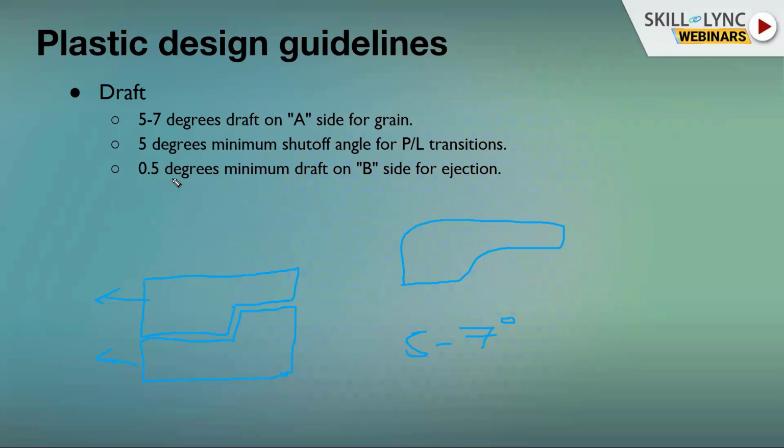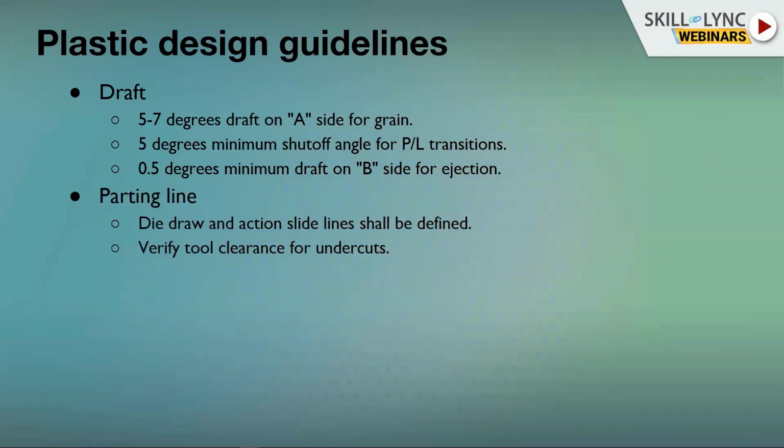And then 0.5 degrees minimum draft on B side for ejection. So in plastic designing, draft is very necessary. So whenever you design a part, the part should eject easily with a minimum of the draft considered in the guidelines. And next, a way to define a parting line is using a die draw direction, with a sliding lines shall